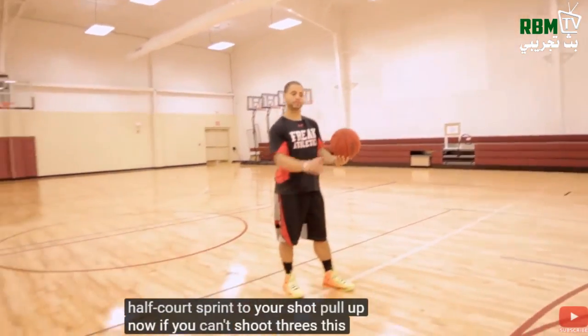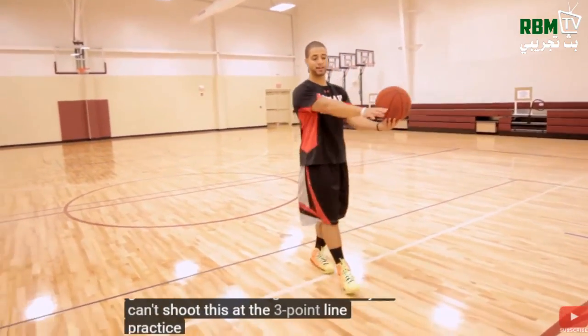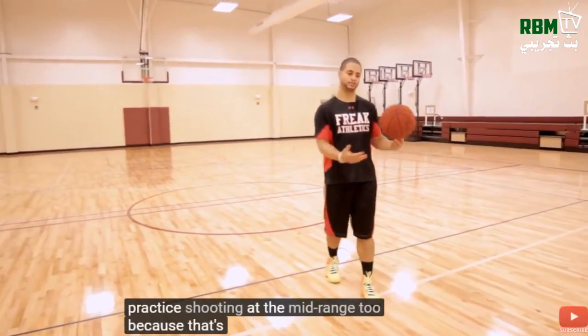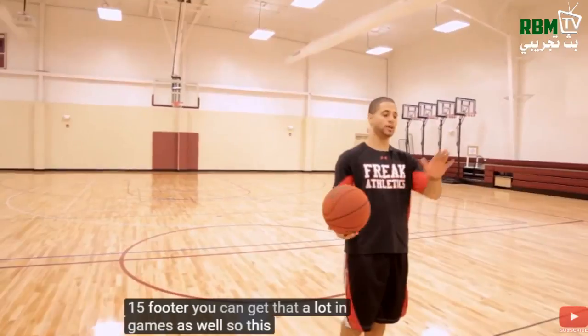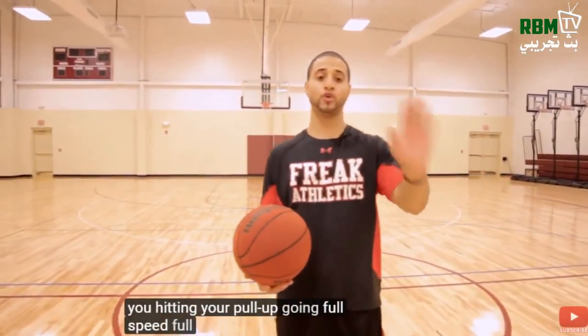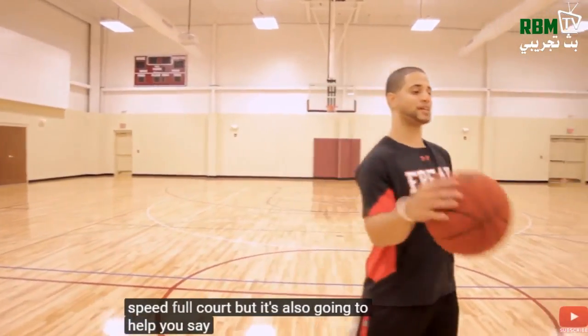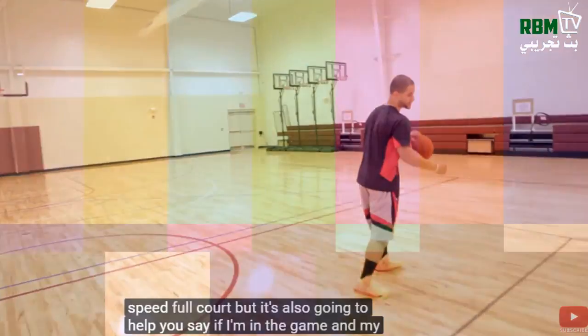Now, if you can't shoot 3s, this is a great shot for mid-range. And even if you can shoot this at the 3-point line, practice shooting at the mid-range too, because that's another great shot, little 15-footer. You can get that a lot in games as well. So this is going to help you hitting your pull-up, going full speed, full court, but it's also going to help you, say if I'm in the game and my team sets a pick and I'm getting a pick run for me and I beat my man and then I just stop right there, little pull-up. This drill is going to help you develop that type of